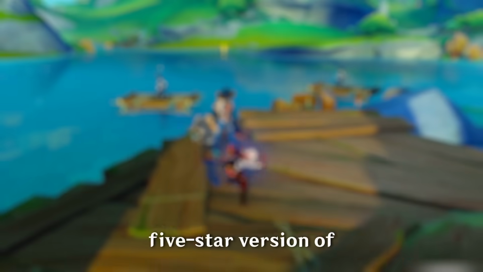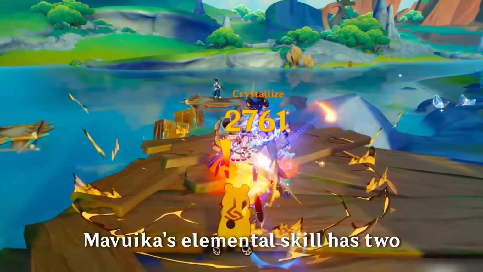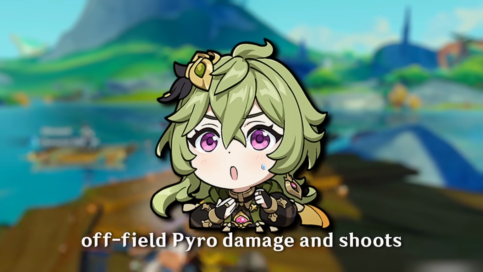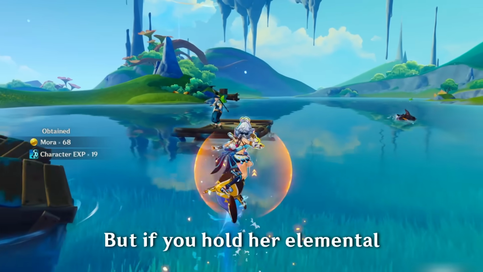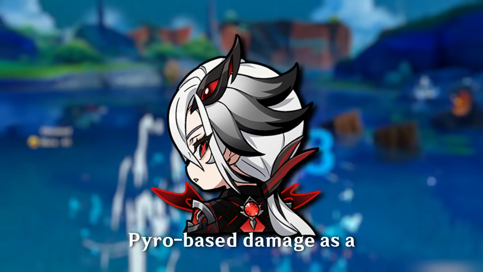It seems she's a 5-star version of Dehya and Xilonen. Mavuika's elemental skill has 2 versions. When you press or tap her elemental skill, she summons a pyro cannon that deals off-field pyro damage and shoots fireballs toward enemies, similar to other off-field pyro characters like Xilonen. But if you hold her elemental skill instead of pressing it, she gets pyro infusion and deals pyro-based damage as